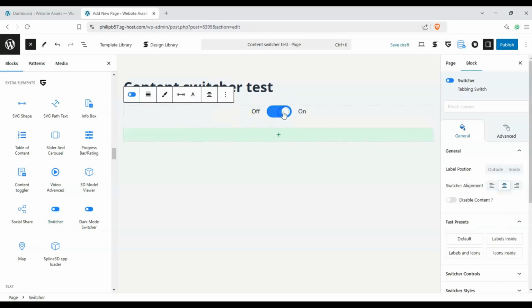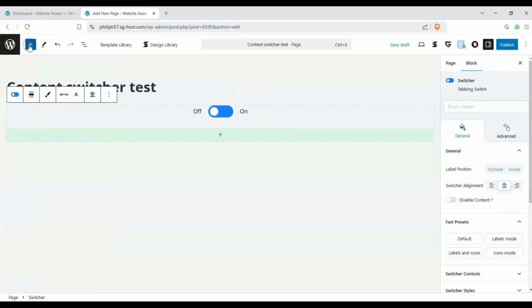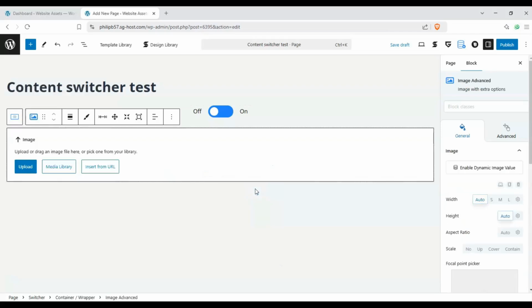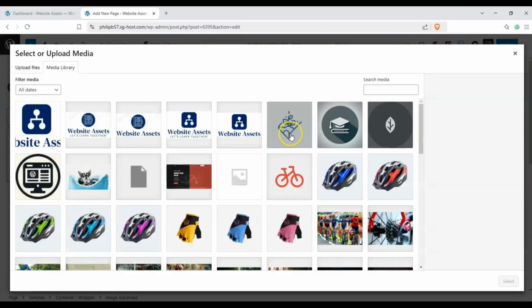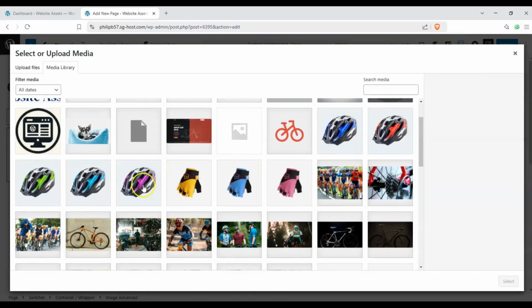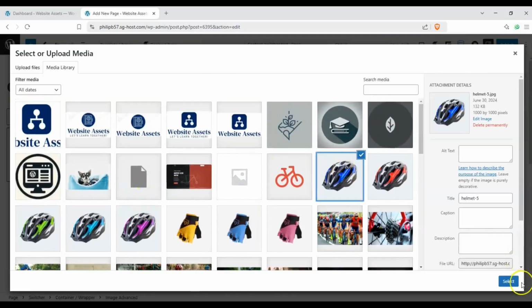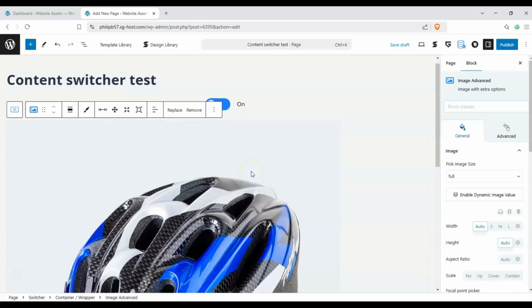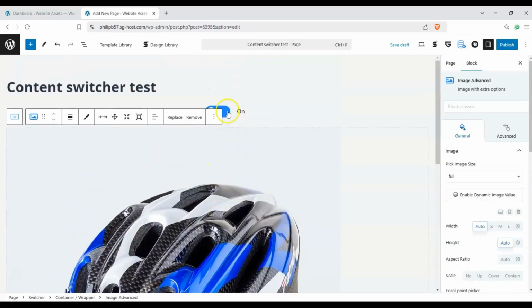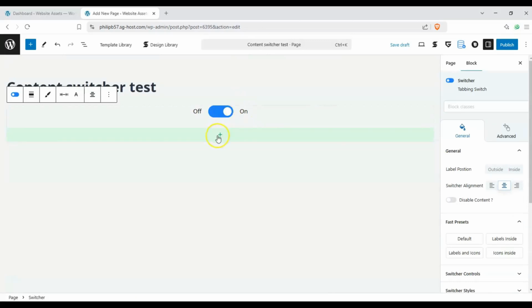We have our on, we have our off. Let's click on X over here just to close this, so you have more room to work with. Now, let's talk about these options later, but let's switch it over to the off position, and let's insert an advanced image using the Greenshift Image Advanced block. Let's use these stock images of helmets. So we have this blue helmet here, and then when we click on